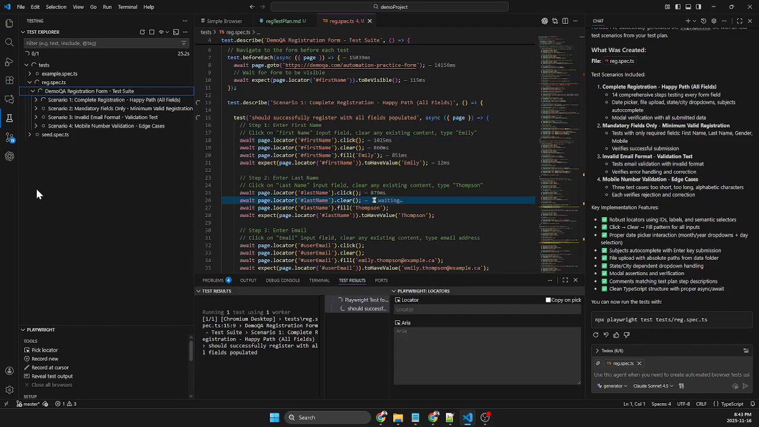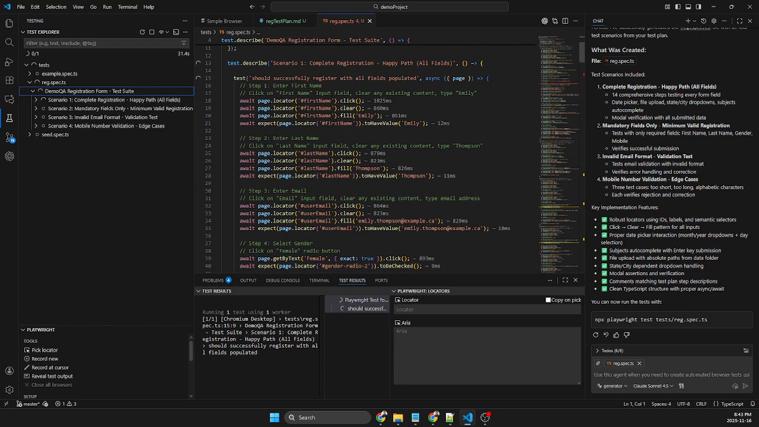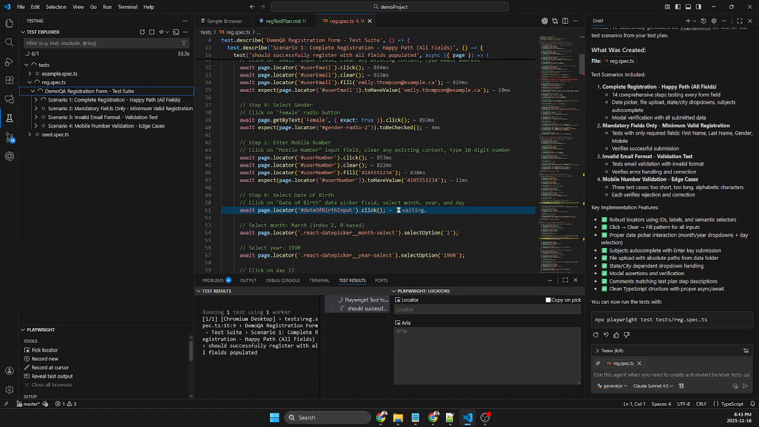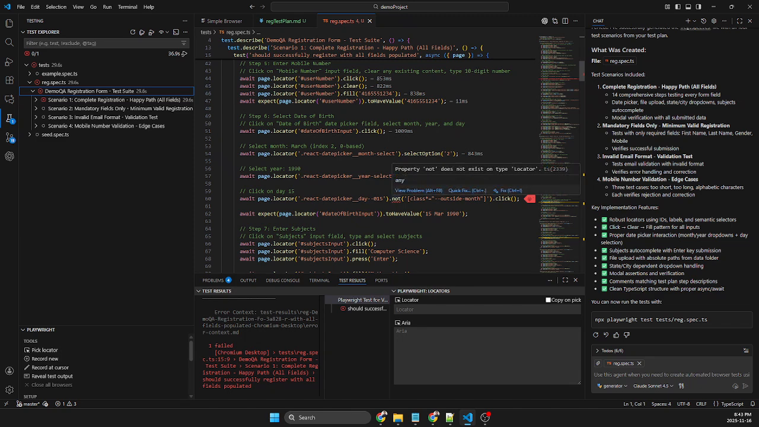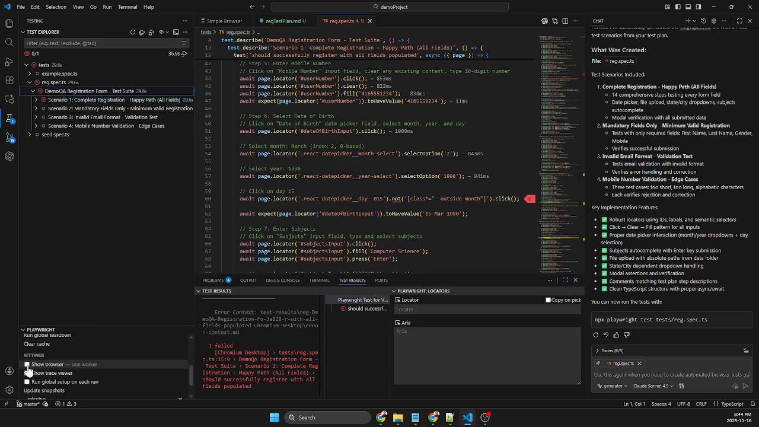Okay, nice. Oh, that one is not read mode. Okay, you can see this one. Yeah, they found the issue in here. Okay, sorry, I didn't turn on the show browser. Okay,